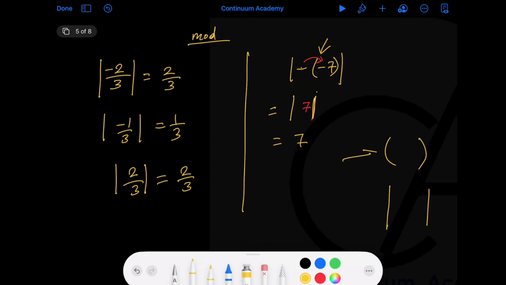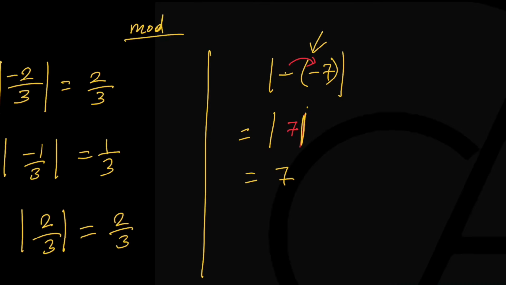This is a bracket and this is mod. This converts any negative numbers into positive. And this is the bracket. So there is a difference, so don't get confused. Don't write in your exam that mod like this, because if you write this mod like this, then it is wrong. Don't think that this mod is a bracket. Clear?